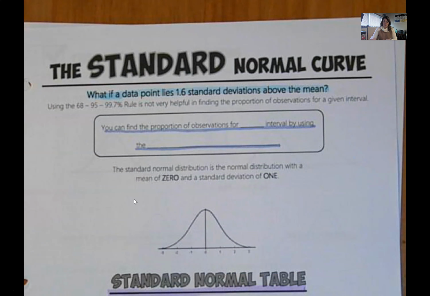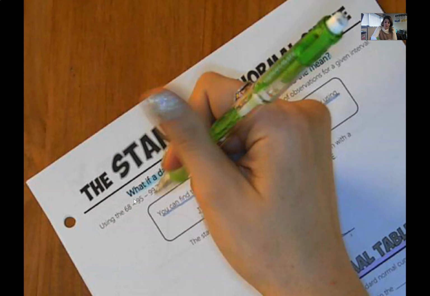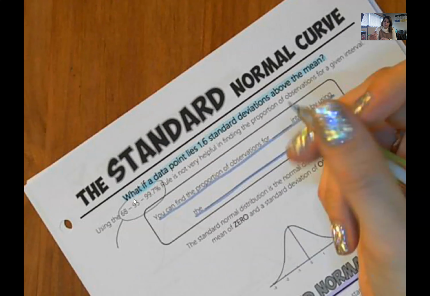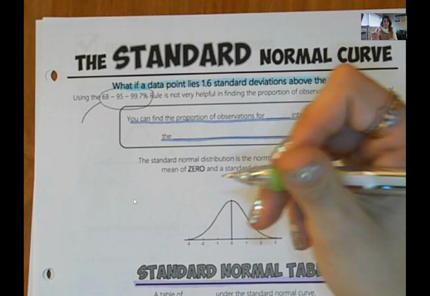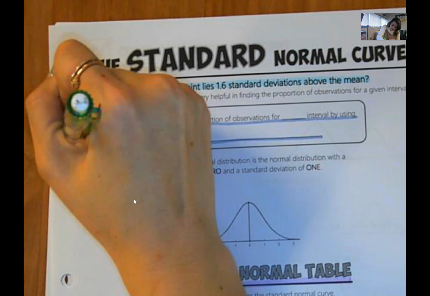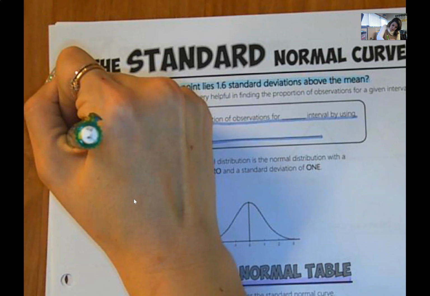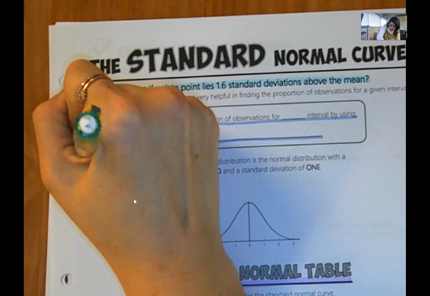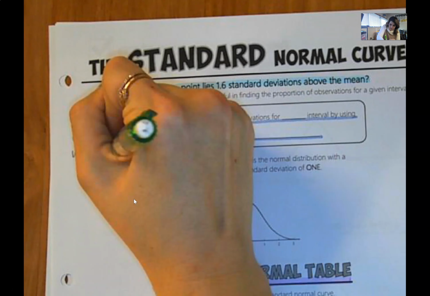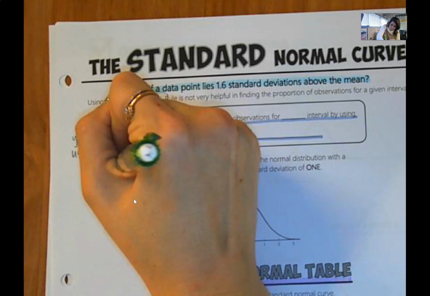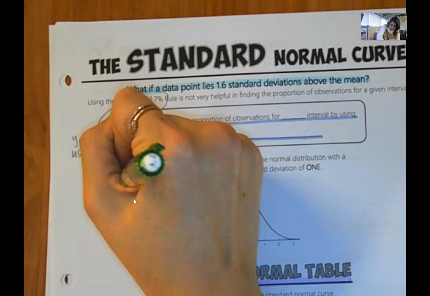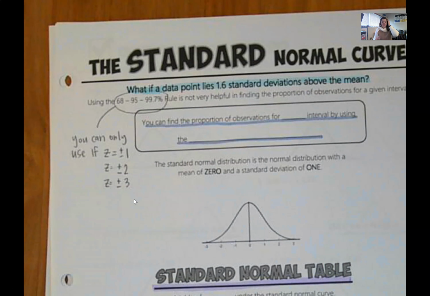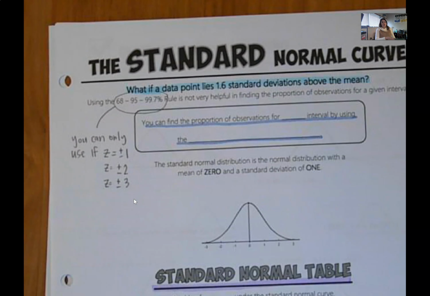So I'm actually going to write that down. And it may not make sense to you now, but by the end of the unit, it should make sense to you. Hopefully, it does make sense to some of you. Using the empirical rule is not very helpful because you can only use it if z is plus or minus 1, plus or minus 2, plus or minus 3. So the only z-scores that we can use on a normal curve,